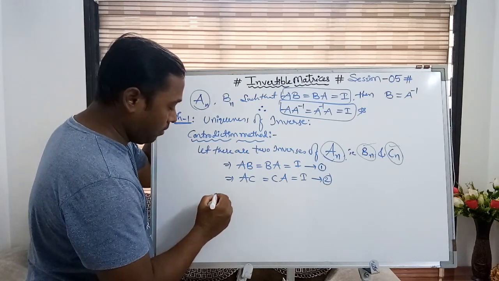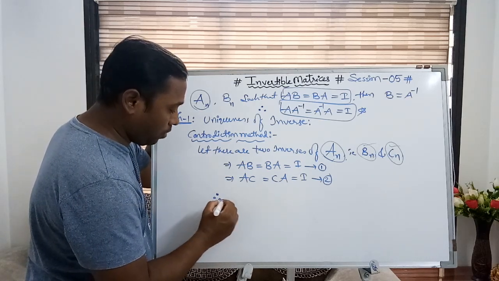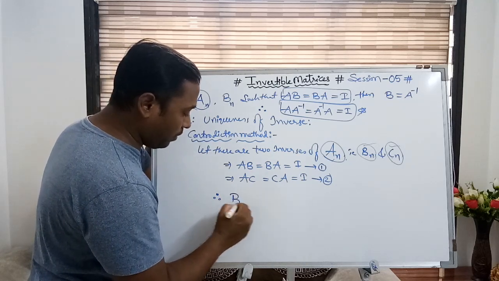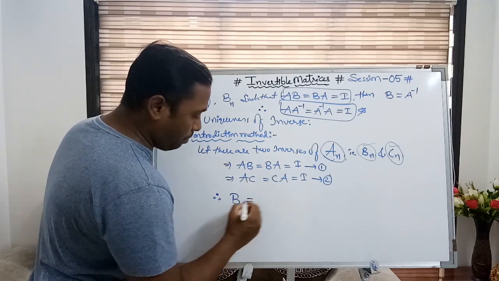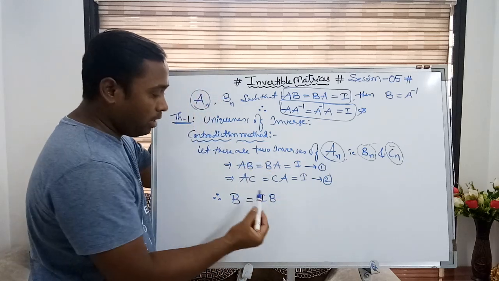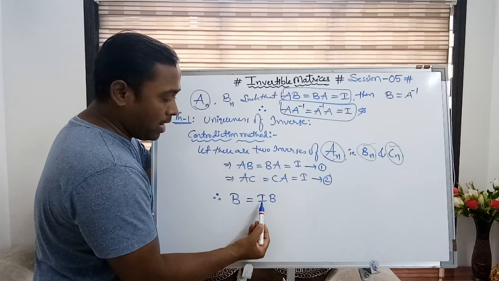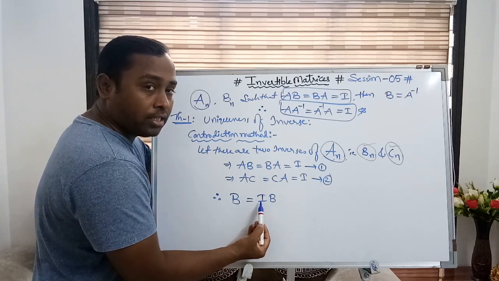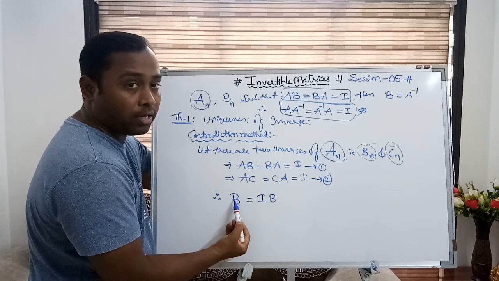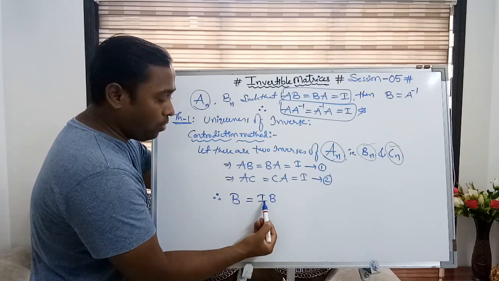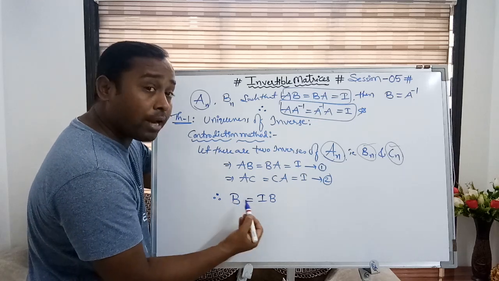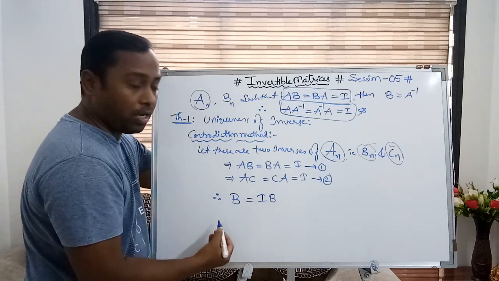Now I am taking the fundamental concept of matrices. Let us say I am starting with B, and we know that B can be written as I into B, right? If you multiply a square matrix with an identity matrix of the same order, you get the matrix itself. So B into I or I into B always gives B only, so the B matrix can be written as I into B.